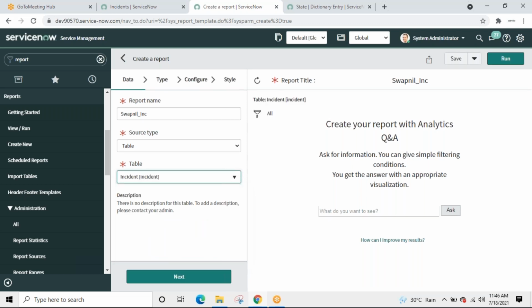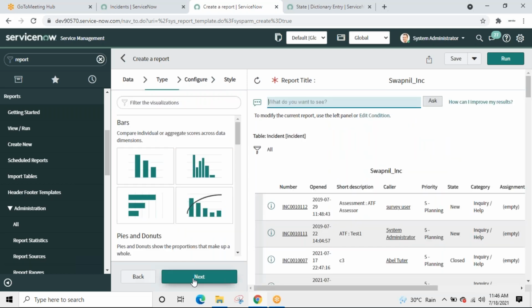Okay. I want to create a new report named Swapnil incident on incident table. Next. What happened? Next. These are all the incidents. So I want to put a qualification.